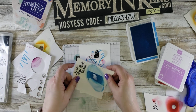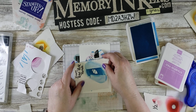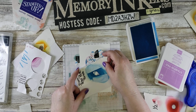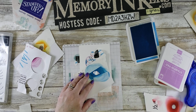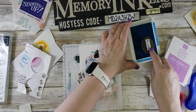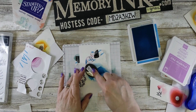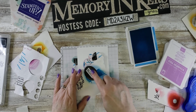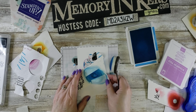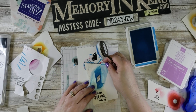So I'm going to add some leaves. So I'm taking my leaf, and remember I have a little schmutz here. So I am going to pull this leaf so it looks like it's coming from behind the sweet sorbet flower. And this one I don't have adhesive on. I'm just being brave. And I'm going to make this one dark right there. And then I'm going to put a light one,